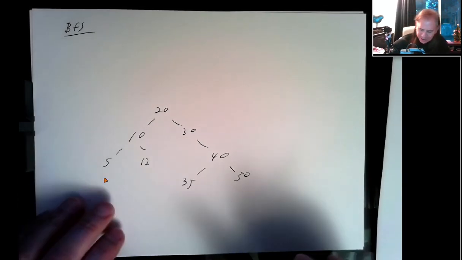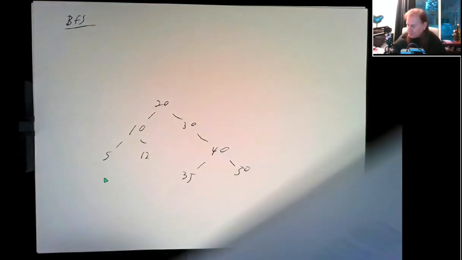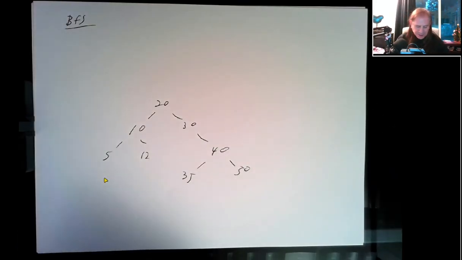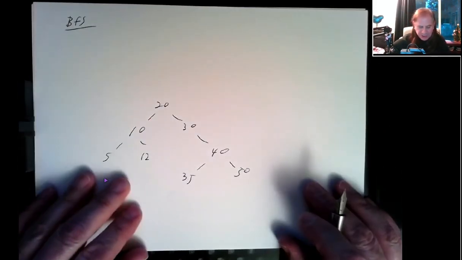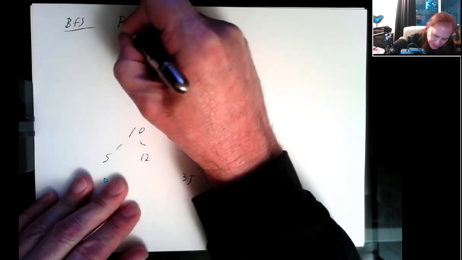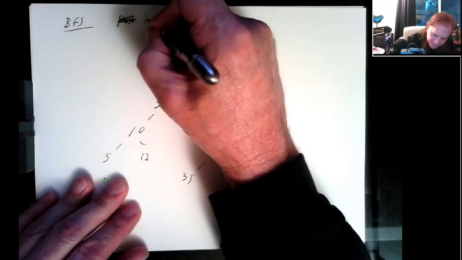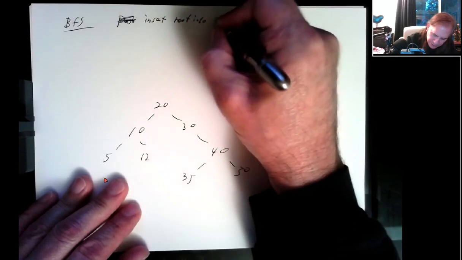And so this algorithm is going to work as follows. All right, so breadth first search. How does this work? This one's a lot easier to describe and to understand. So we start off by pushing, by inserting the root into our queue,